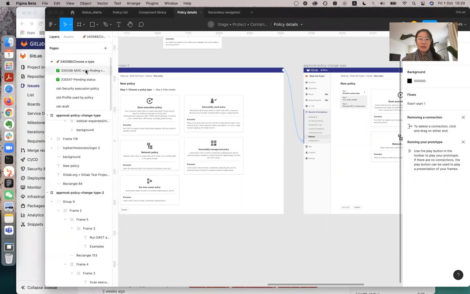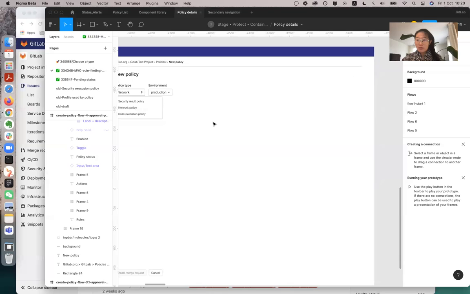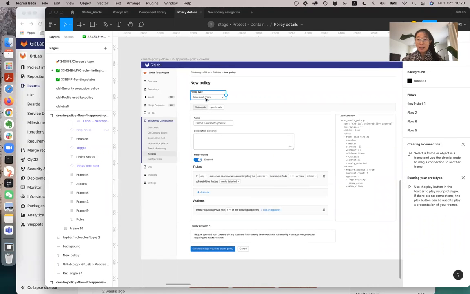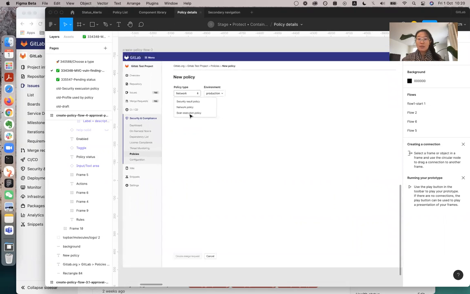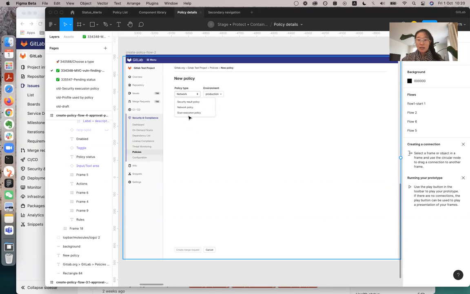So this is about improving this page. We know from the research that when we default users to this page with a predefined, pre-selected policy type, it's very difficult for users to locate it to change it. So we made it a step like this for the MVC, but it's still an empty page and it doesn't tell the user anything just by the name. It's not very self-explainable for the different policy types, and the policy types will grow to 6 or 7 in the future. So we want to create a rich page